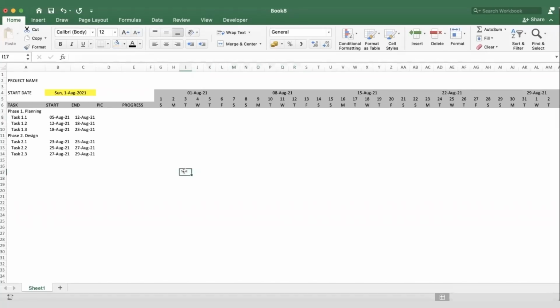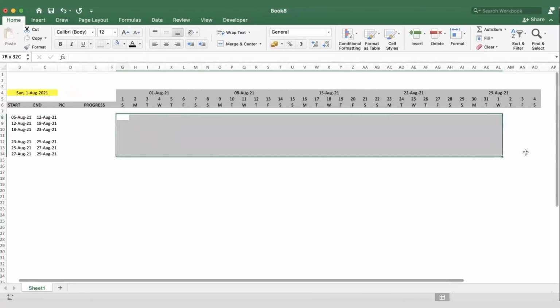No fill. What we want to do is to create a condition, okay, that will allow a cell to be filled with that color that we will choose, if two conditions are met. The first condition is that the date is greater than or equal to the start date, or the date is less than or equal to the start date. This means that this date should be between these two dates. Okay, and let's do that with the conditional formatting